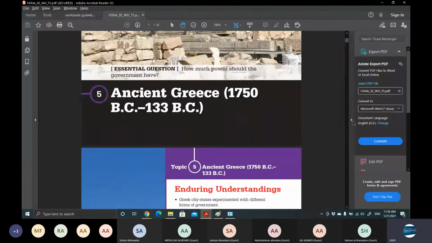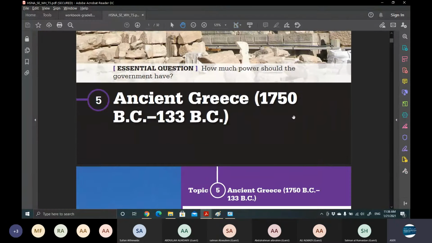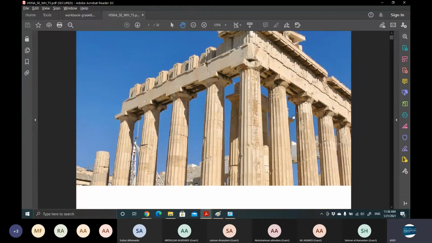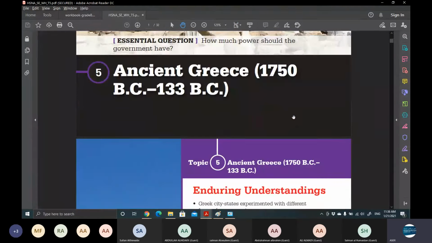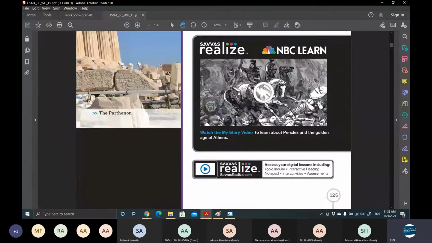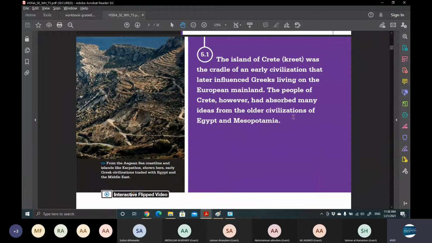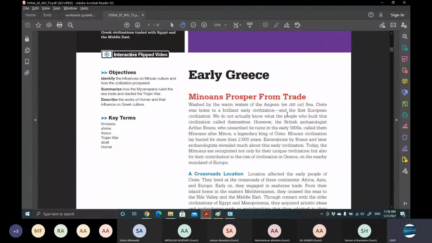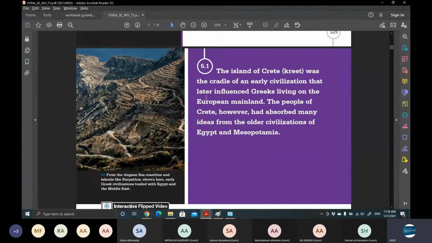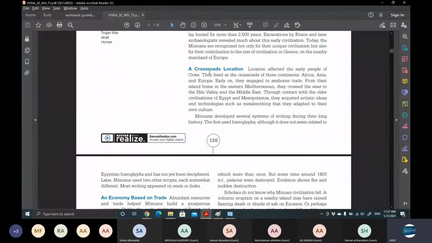So, we have been speaking about another civilization of our world history book, and that is the civilization of early Greece, or the ancient Greece civilization. We have first spoken about early Greece and the location where they lived, which was first called the island of Crete. Later on, we spoke about the first people to inhabit Greece, and they were called the Minoans. Those people, the Minoans, were excellent in trading, as they were coastal people.